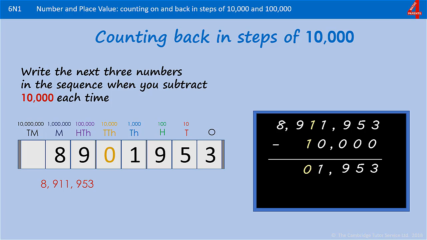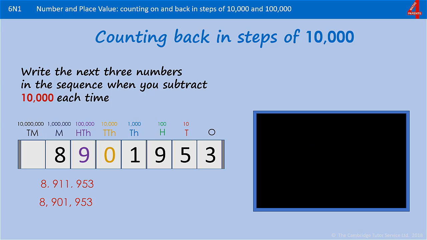Again, we're not taking anything away from the 8,900,000, so they will stay the same. And there's the next number in our sequence, 8,901,953. The next one is where it gets a little bit confusing for many people. We're going to take away another 10,000, and if you look in that 10,000s column, you'll see that we don't